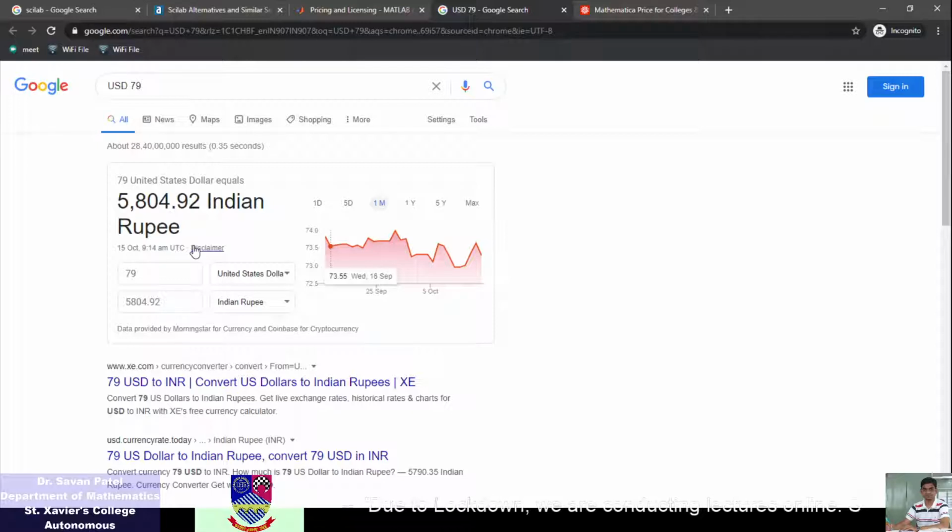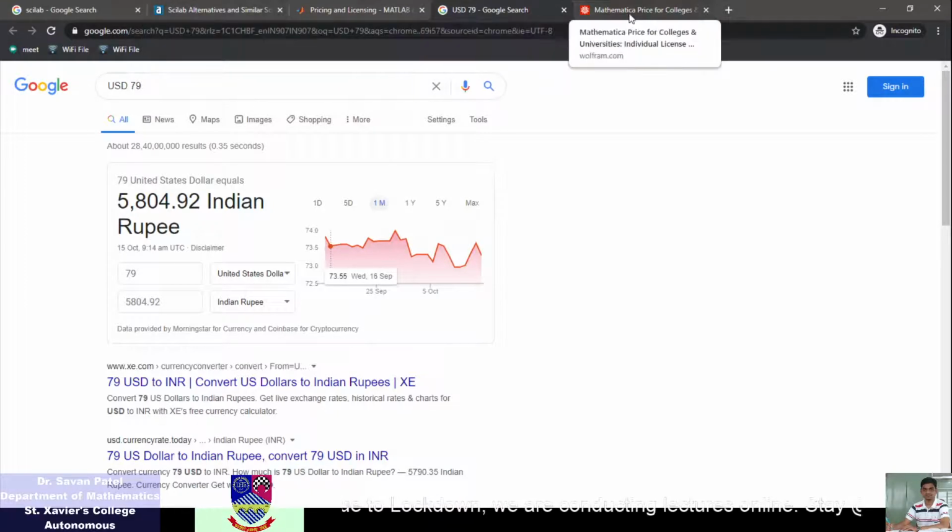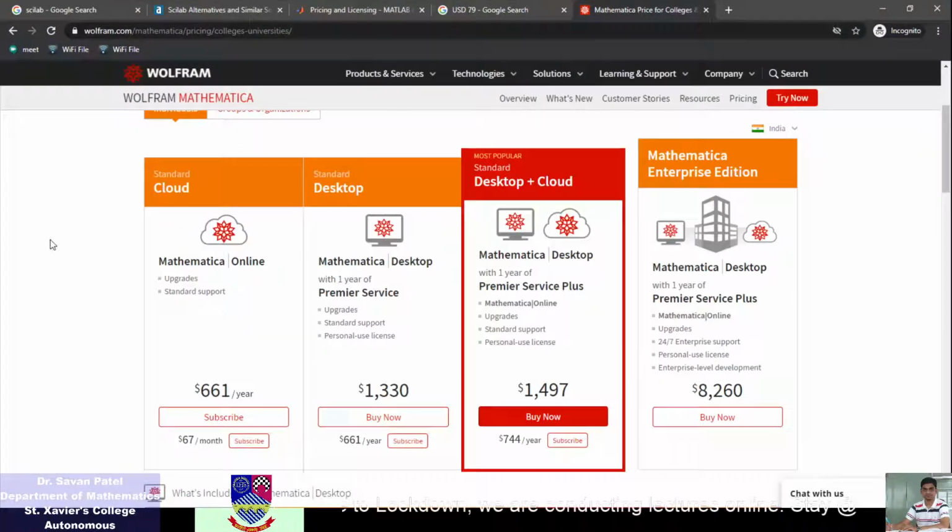It is not better to buy that, because our Scilab is open source. It is free. Free and open source are different things. When software is free, you can download and install it, while when software is open source, you can edit that software.